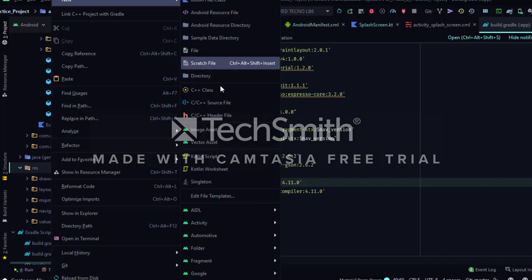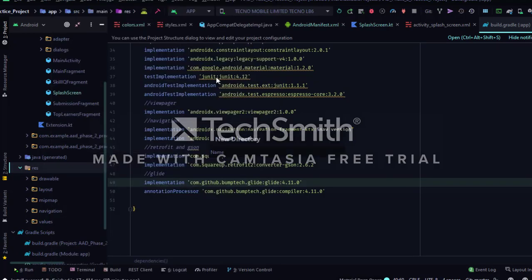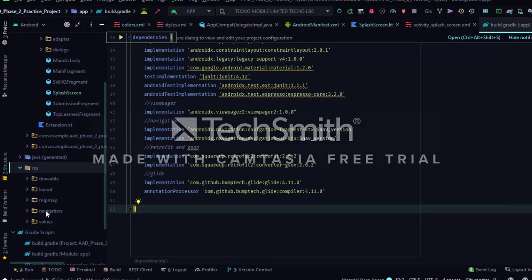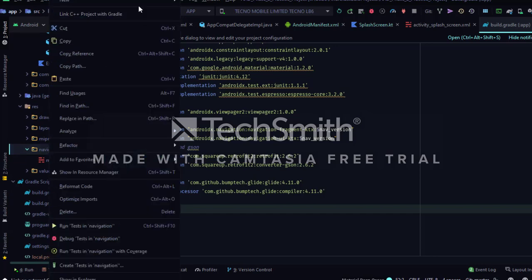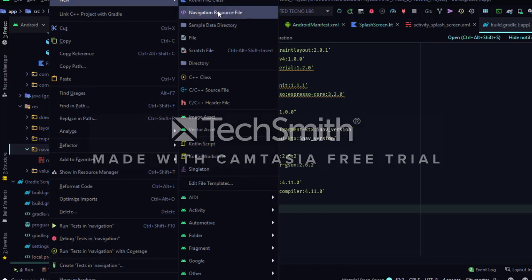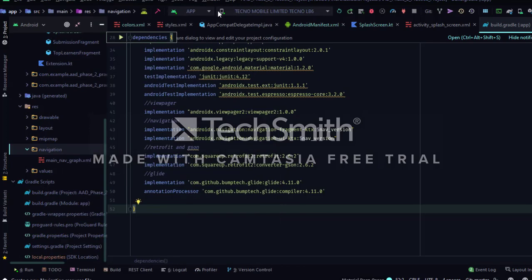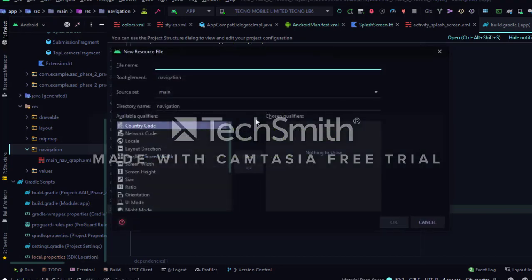How to create this is simple, in case you don't know, so I'll just show you how that is done. Just right click on res. Once you right click on res, you can create a directory. So you name the directory navigation. Once you do that, this comes up. Once you've created the navigation directory, inside it you create a graph. So you just right click, and you see navigation resource file, so you click on that,